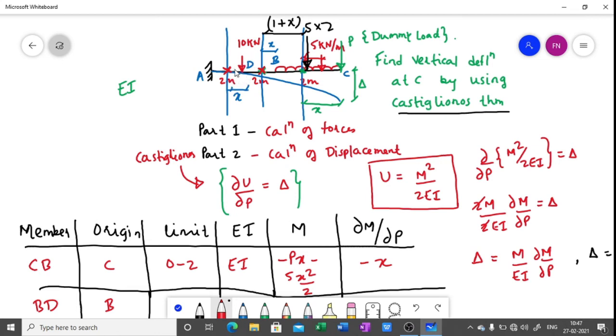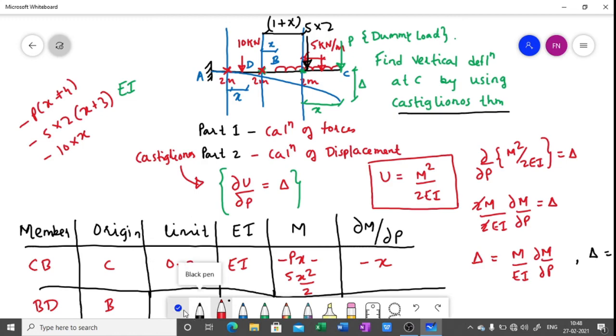We need to specify the perpendicular distance with respect to each force. So P into 2 plus 2 plus x, okay, minus P into x plus 4. This is coming, and the UDL, total load of UDL is 5 into 2. Perpendicular distance will be 1 plus 2 plus x, okay, x plus 3, and this 10 is also coming. The perpendicular distance with respect to this section is x, minus 10 into x.